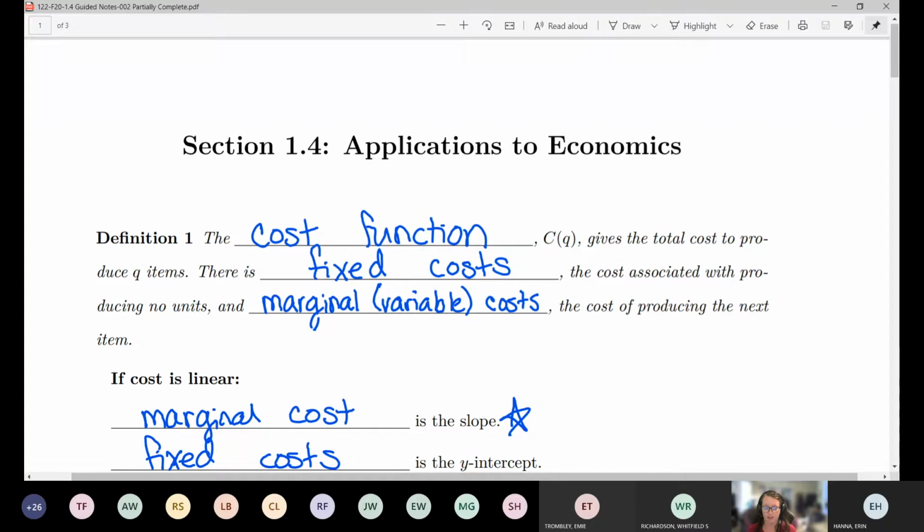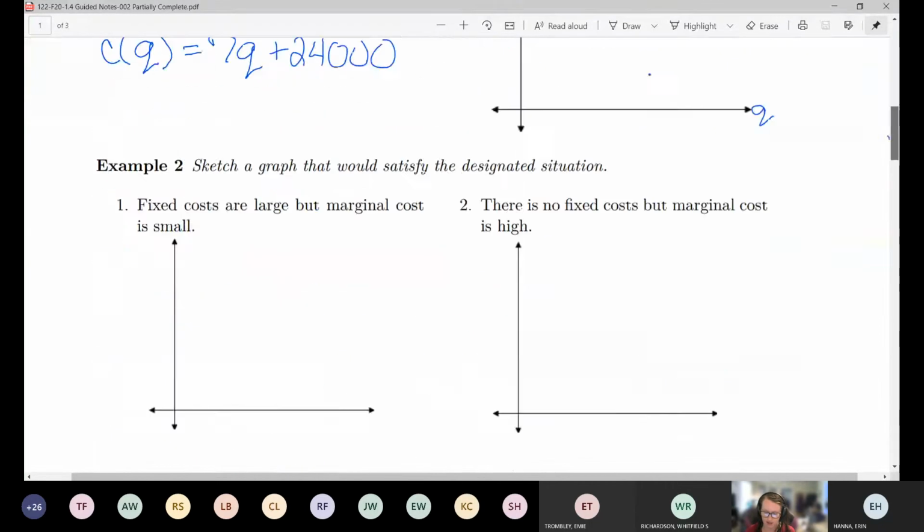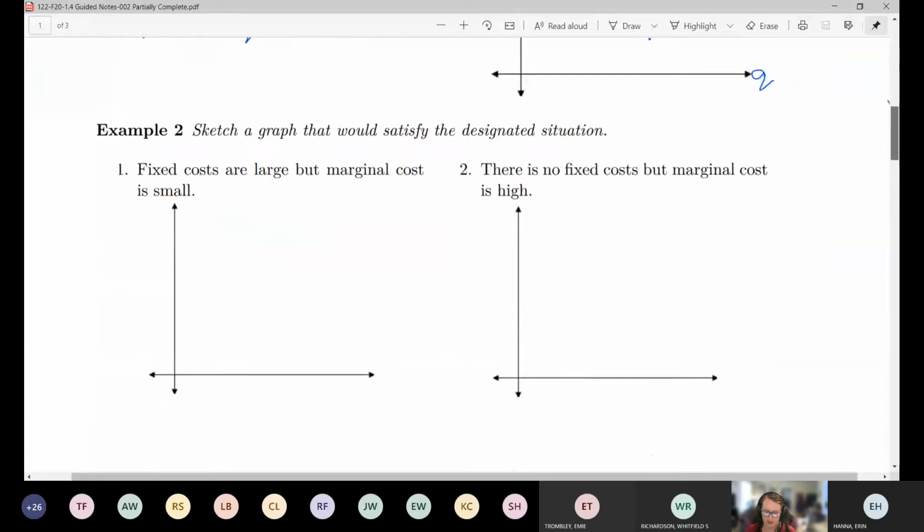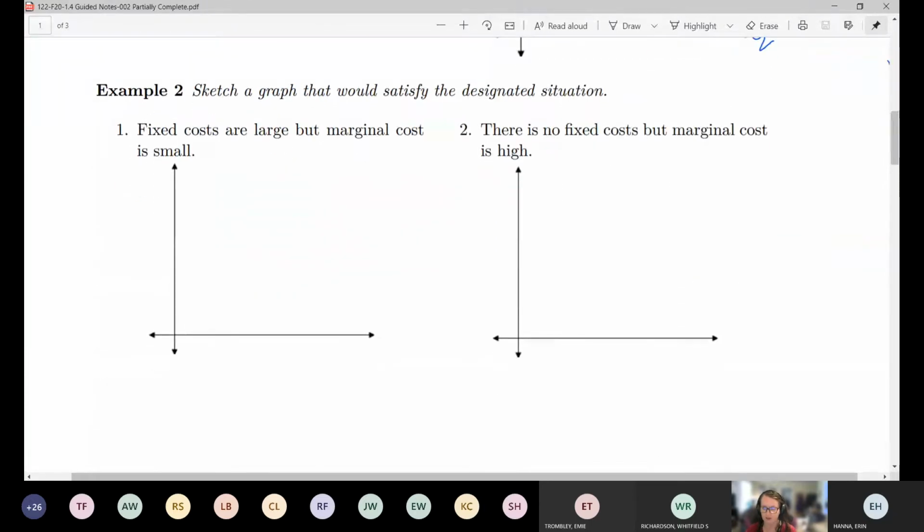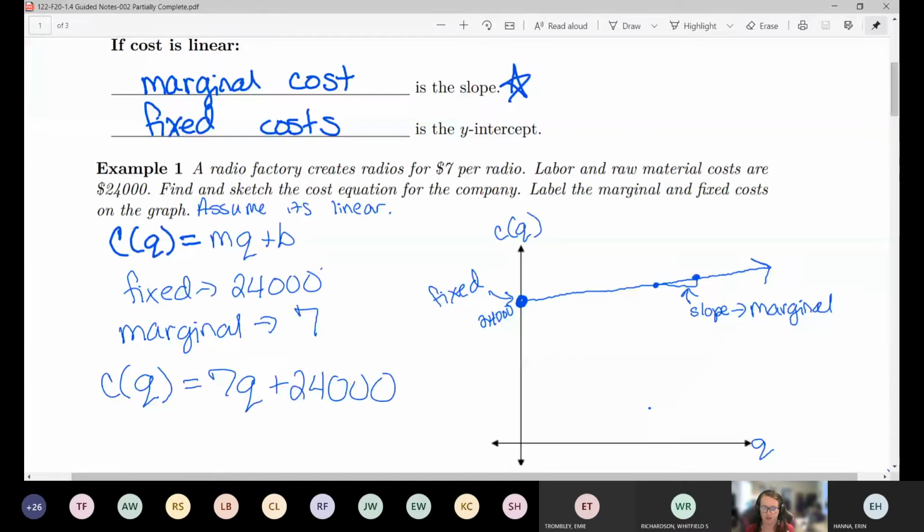So we started 1-4 the other day. So that was about our cost, and we also got around to talking about revenue and profit. So we did skip this question right here, though, and so I want to start there. So just a reminder, remember, our cost function's made up of two things, marginal and fixed, and right now